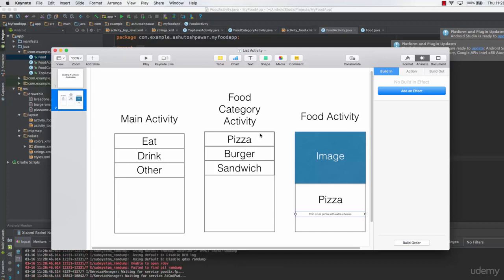Then we have basically learned how to add listeners to this list view and how to pass an extra ID or extra piece of information with each of the list view items, so that the food activity actually identifies that okay, the user has clicked the option to select a pizza, so I might as well go ahead and use the pizza image with the pizza name and the pizza's description. And when you select burger, this activity actually comes to know that you have selected a burger, so it's going to post a picture of burger with its name and with its